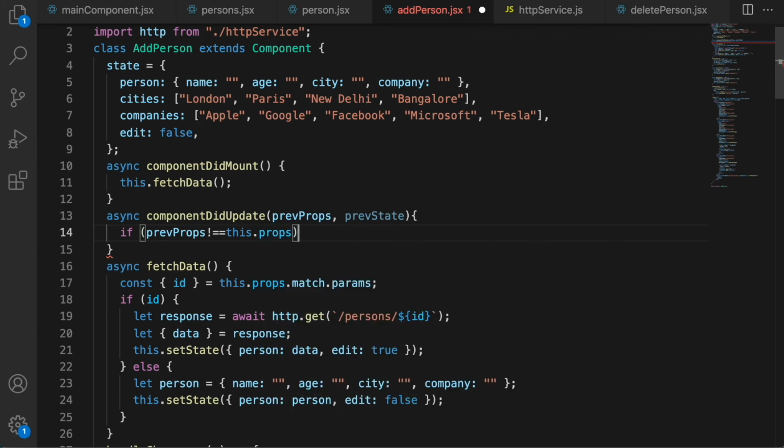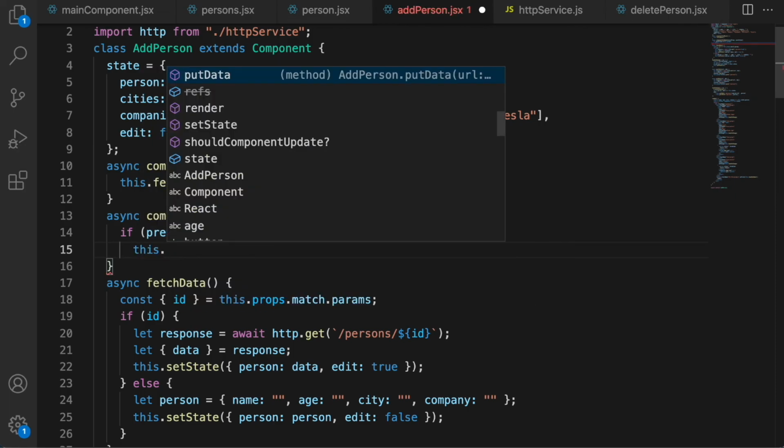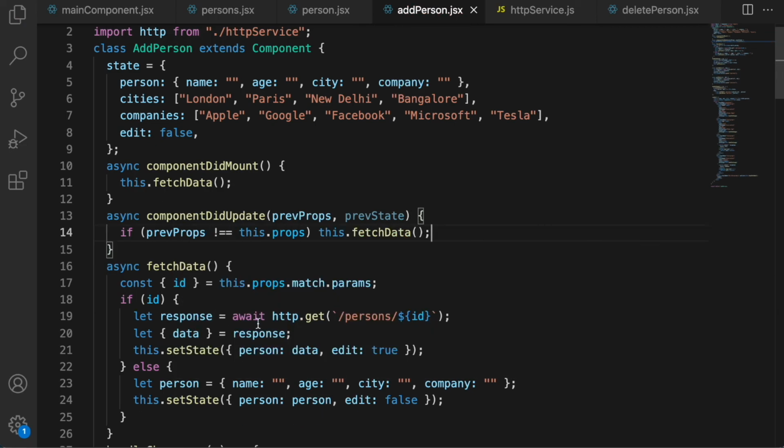So if the props have changed, so somebody clicked on it and that's why we got an update, then what should we do? We should call this dot fetch data. We should fetch the data again. Now fetch data would handle these two situations. It will update the state. It should do it. Let's go ahead and test it again.